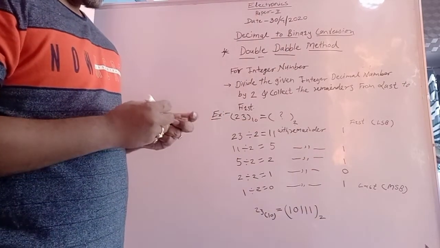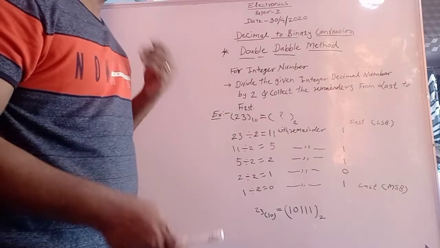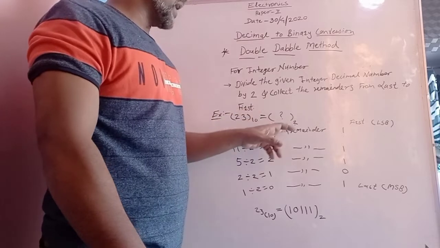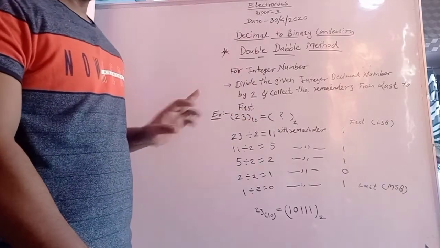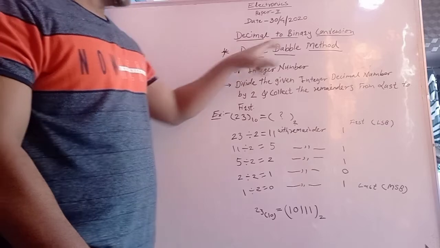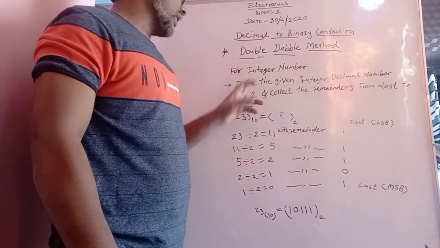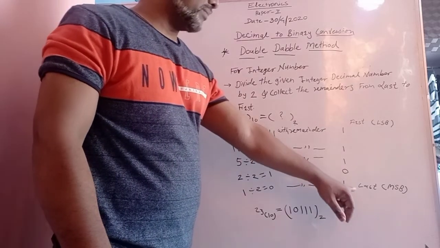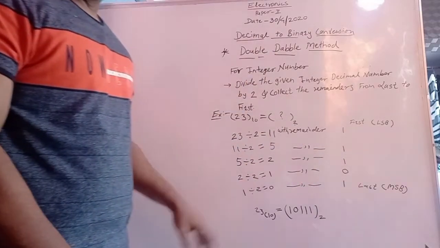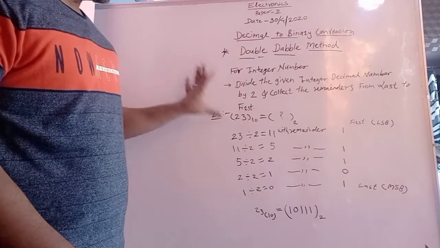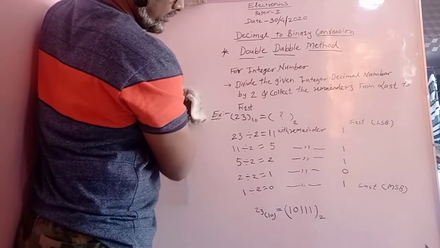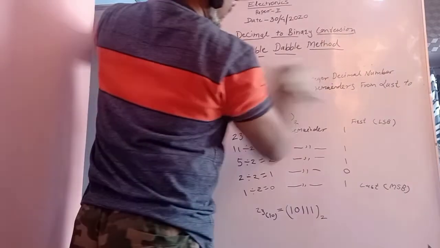Okay, so like that you have to convert from decimal to binary, for a fractional number and for an integer number. So the double method: for an integer number you have to divide by 2 and collect the remainders from last to first. So this is for the integer part. And what about the fractional part? This is the integer part, you have to convert it like this, and for the fractional part,